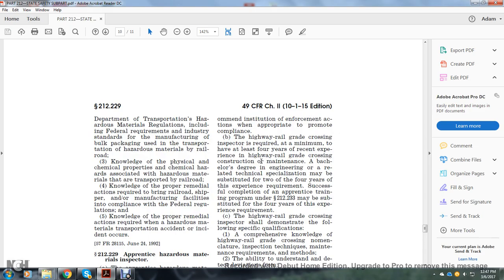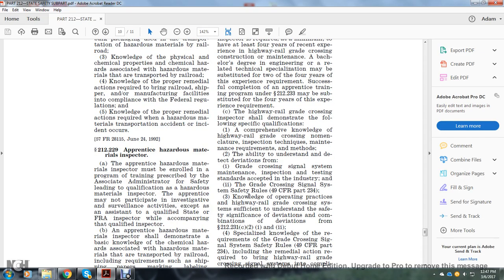The Highway Rail Grade Crossing Inspector is required at a minimum to have at least 4 years of recent experience in highway rail grade crossing construction and maintenance, or a bachelor's degree in engineering. A related technical specialization may be substituted for the 2 or 4 years of experience requirements. Successful completion of the apprenticeship training program under 212.233 may be substituted for the 4 years of experience requirements. C. The highway rail grade crossing inspector shall demonstrate the following specific qualifications: 1. Comprehensive knowledge of highway grade